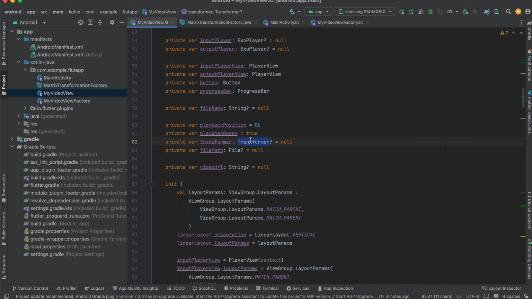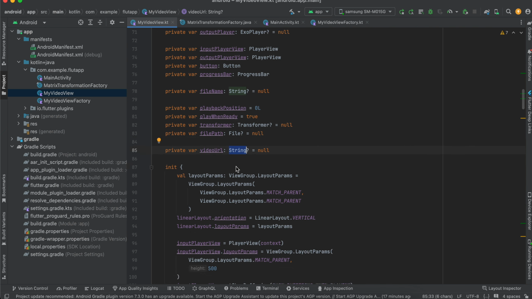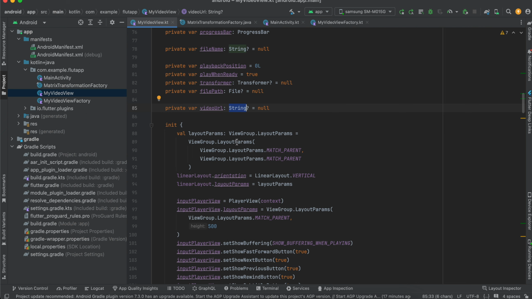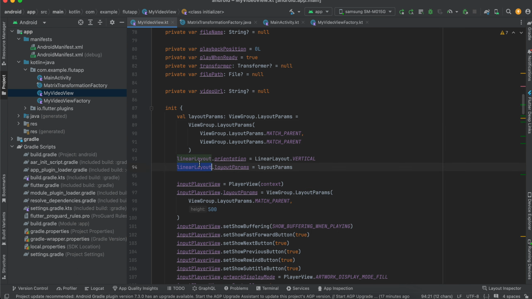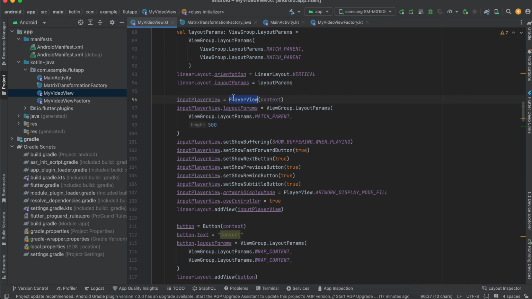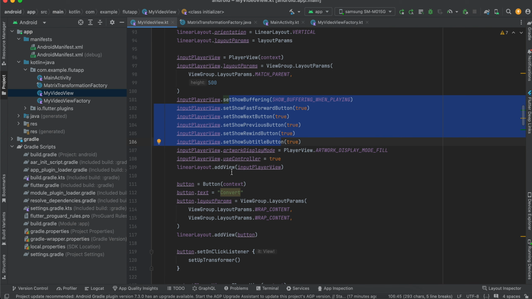Then we are creating our transformer, our file, and our video URL. Then inside init we are creating our layout params and assigning them to our linear layout. Here we are creating our input player view, with the height kept at 500. Then we are showing all the buttons like previous, next, rewind, subtitle, and adding them to our linear